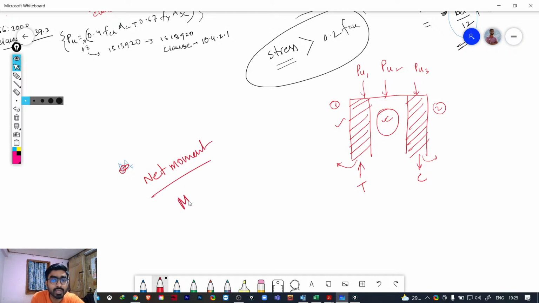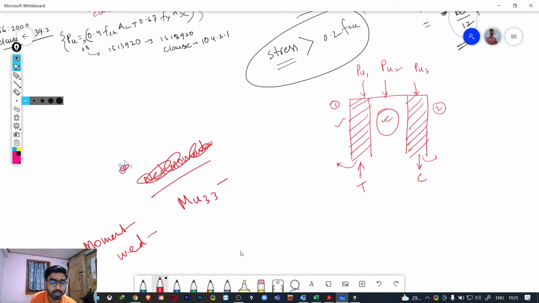The net moment will be Mu33 we have got from ETABS minus how we gonna find, sorry, not net moment, this will be the moment at the wave, or you can say the mid part, Mu33 minus